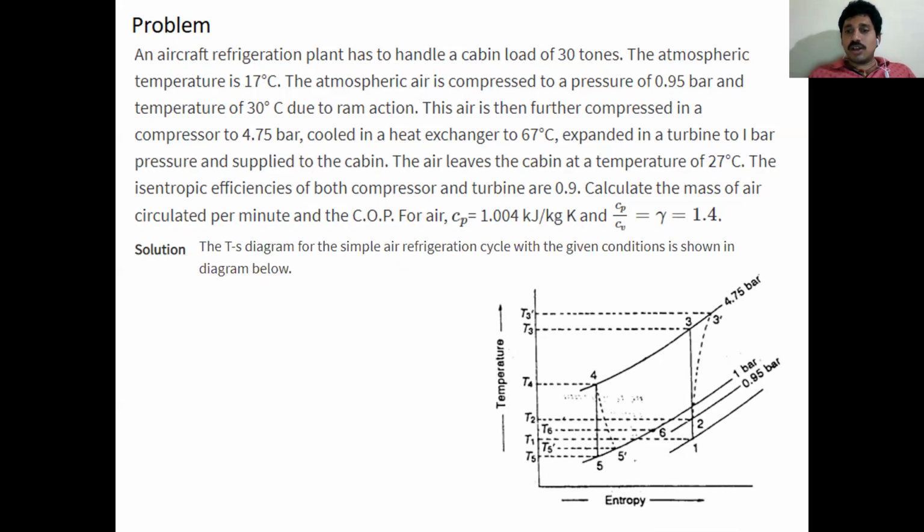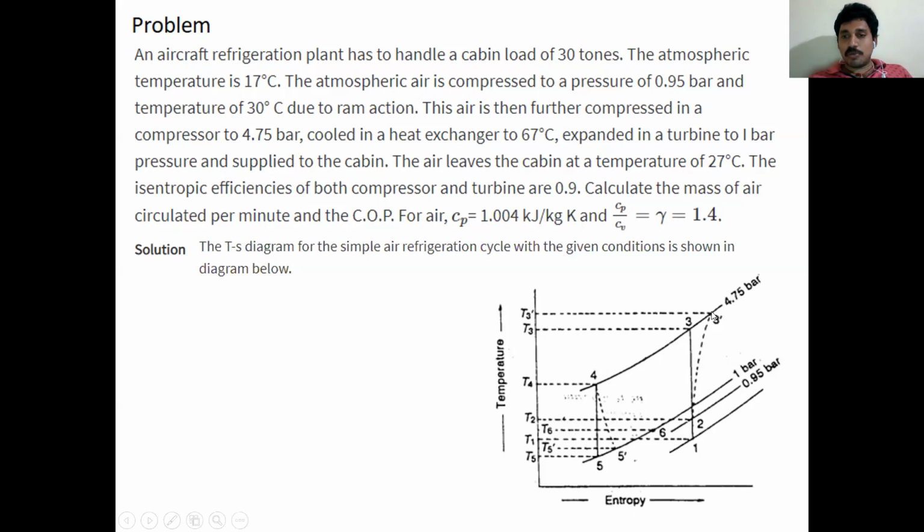So this is the actual cycle. 1-2 is isentropic. P1 pressure is not given, that's why I did not mention pressure. Somewhere I have prepared one pressure line, where I took 1-2 as an isentropic process due to ramming action. So finally I have reached 0.95 bar. So 1-2 is at 0.95 bar. 2-3 is an isentropic process. Please see how my cursor is moving.